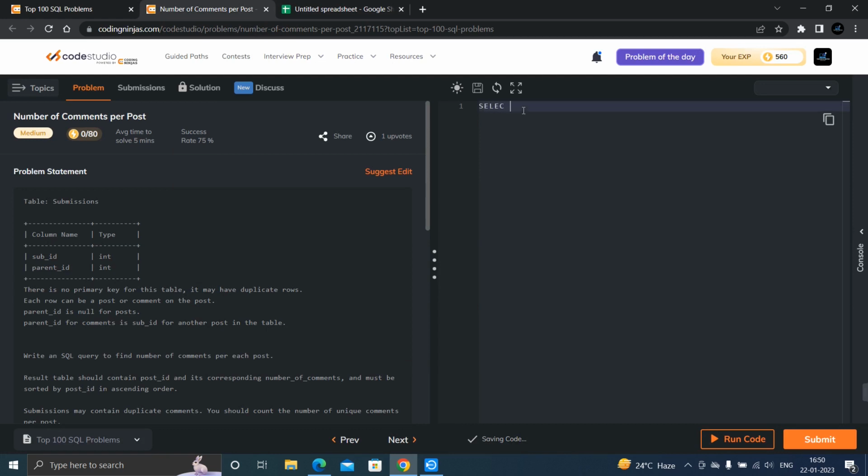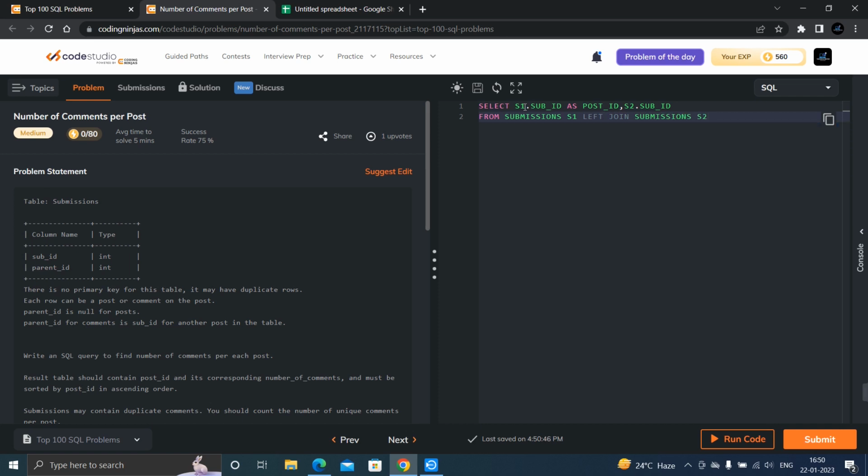First select S1 sub id as post id, S2 sub id from submissions S1 left join